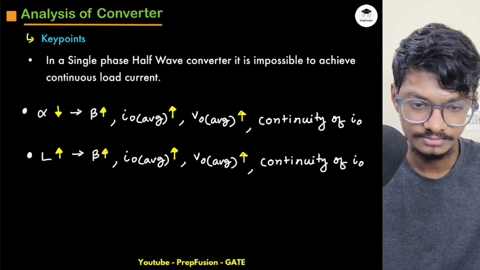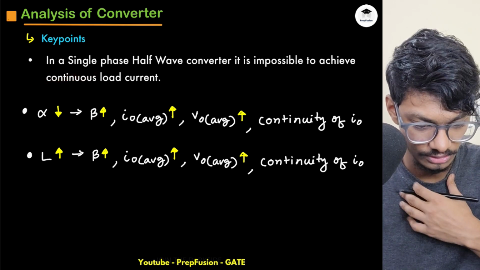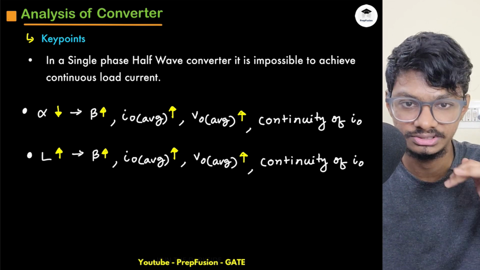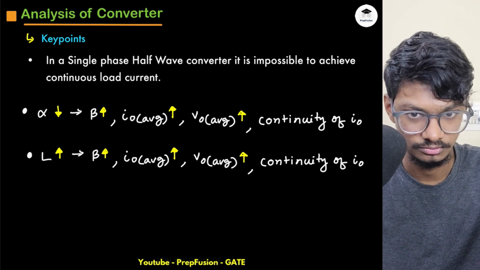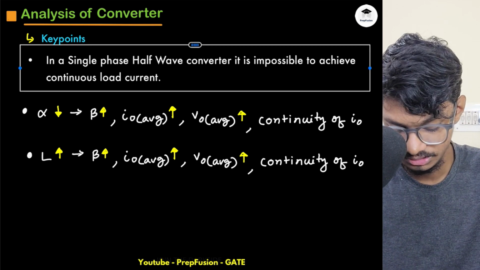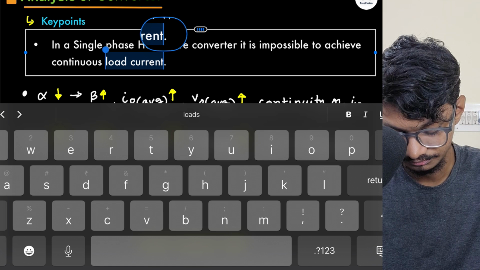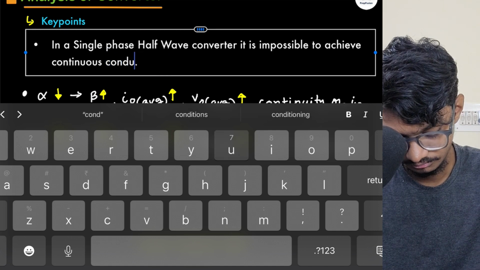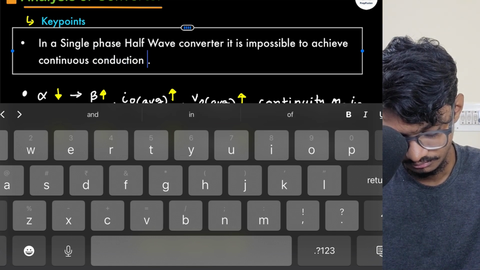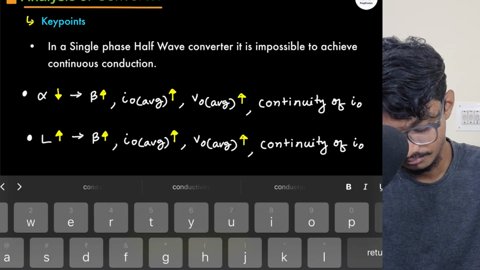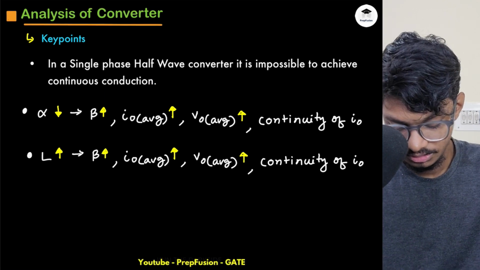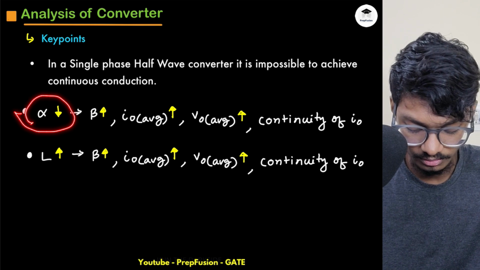Continuous load current means the current is flowing continuously in the circuit and never goes to 0. Okay, continuous conduction of load current. So here, what I can say is,